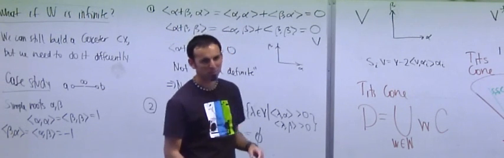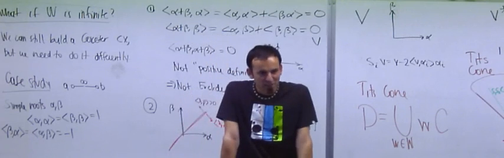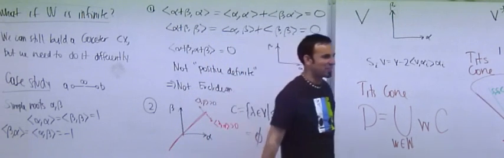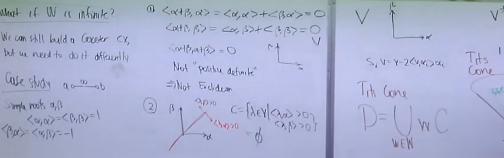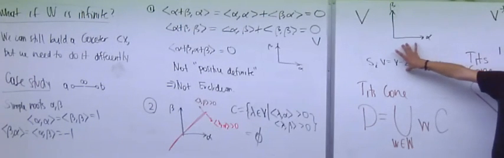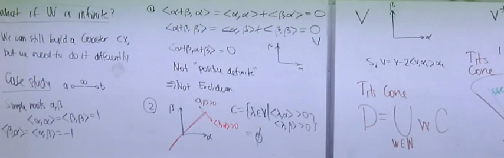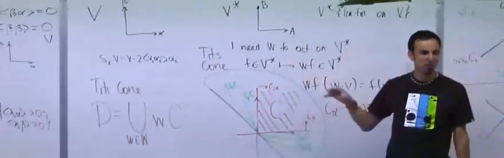So if you ever see the word contragradient, it's a big word, but contragradient is exactly this. So W acts on V in this way, and this is called a contragradient action. It's a very big word, but it just means this. So I just want you to know in case